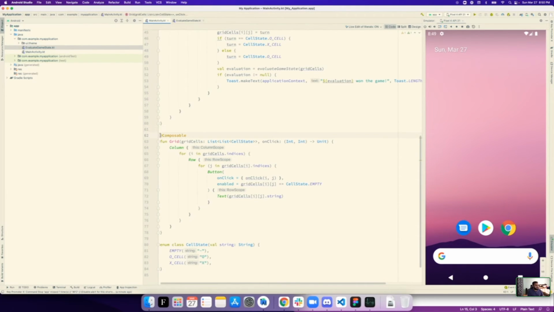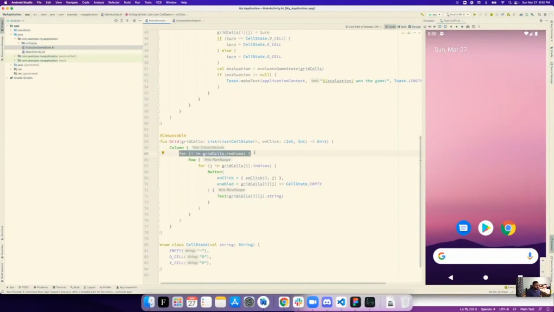Imagine if this is just a terminal app, what would you do? You would go through every single row, print all the items in that row on the same line, then print a new line, move to the next row, print those lines. So you want to use a similar line of thinking when coding in Compose,